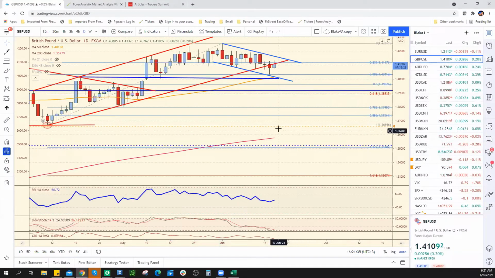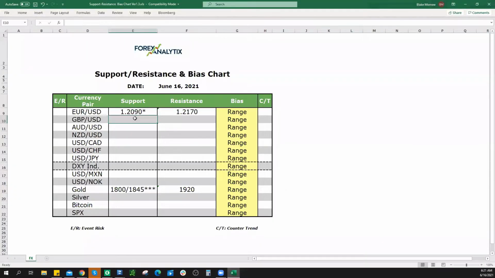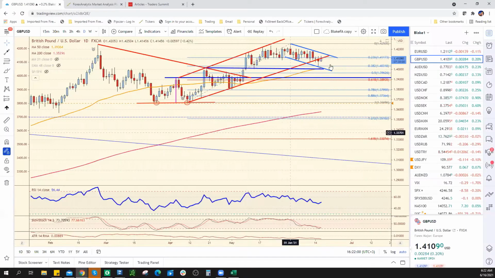Cable. The 38% retracement of this low to this high comes in at 140.30. I think that is arguably more important than the 140 level. Okay, we break below that, the sterling would turn probably lower. We would start getting that it's a big double top idea, that type of thing.